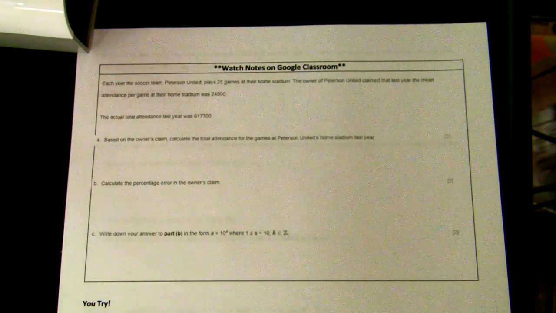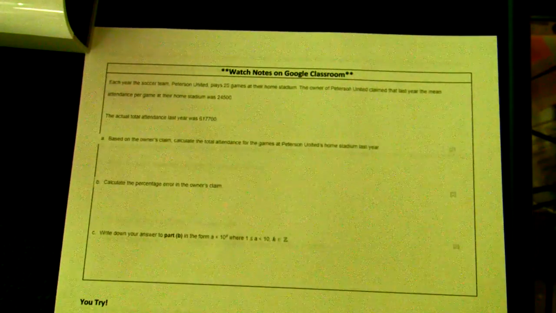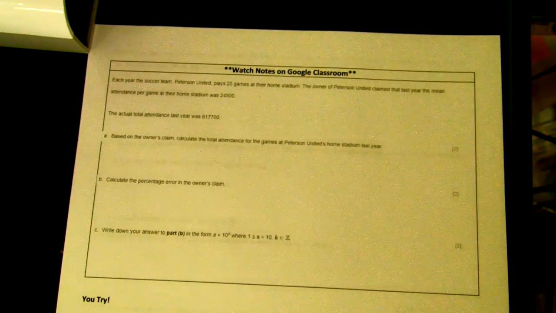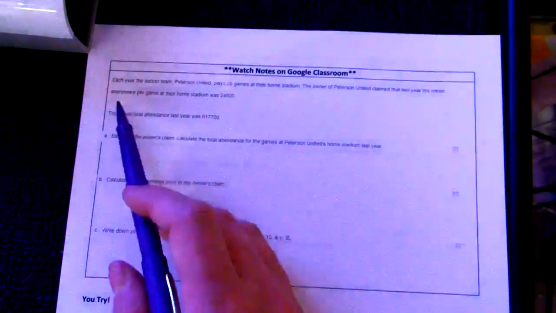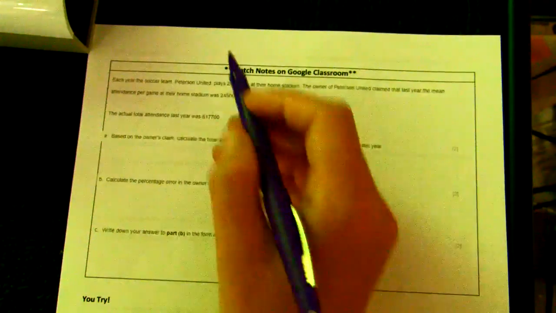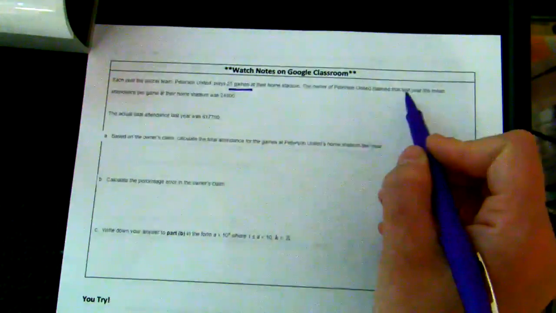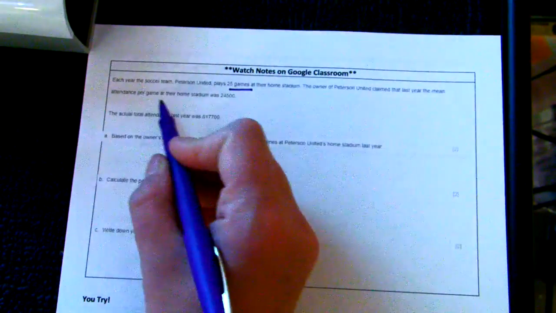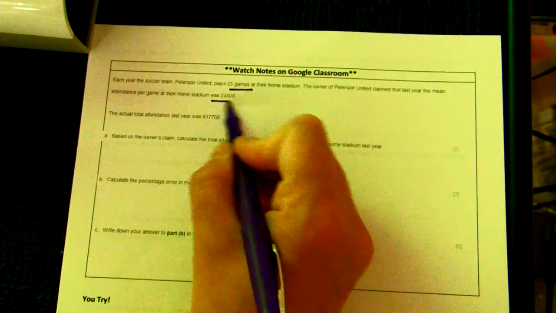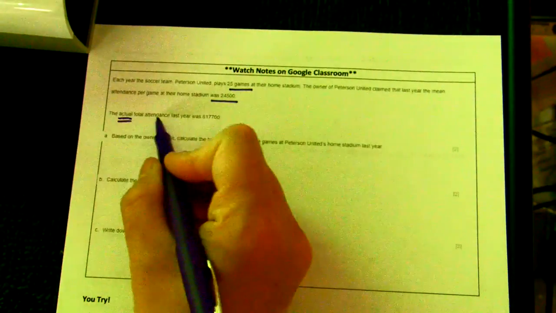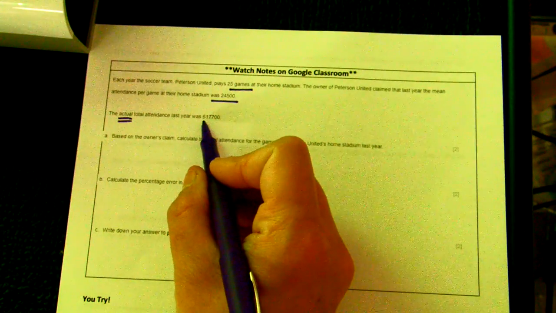So this is the very last problem that we are going to go over together today. And again, we've just learned the skill for this one. These words seem a little bit confusing and the question seems long, but you already know how to do the math on this. This says, each year, the soccer team Peterson United plays 25 games at their home stadium. The owner of Peterson United claimed that last year the mean attendance per game at their home stadium was 24,500. The actual total attendance last year was